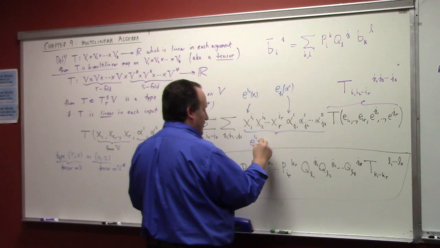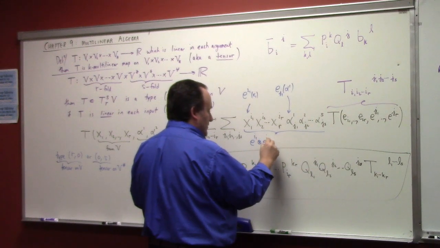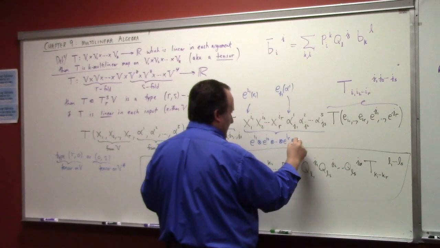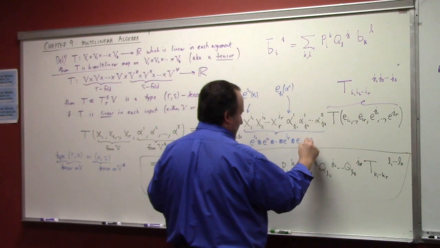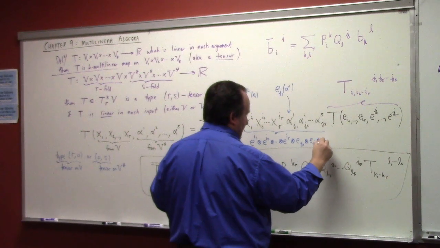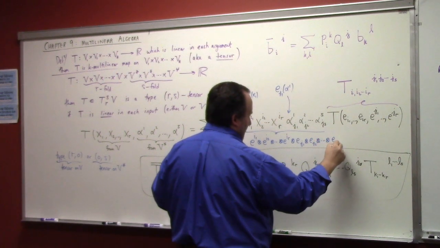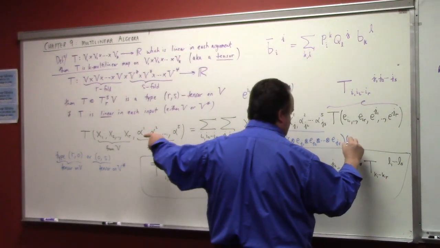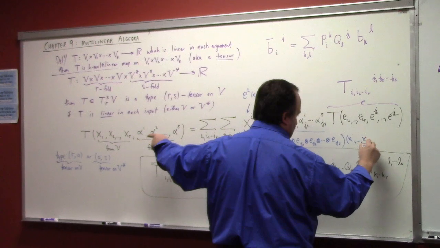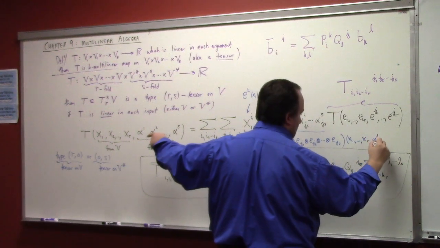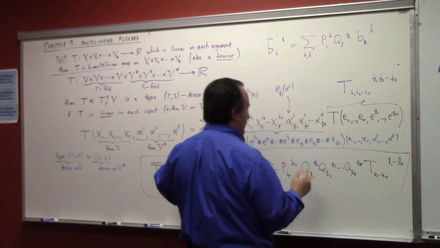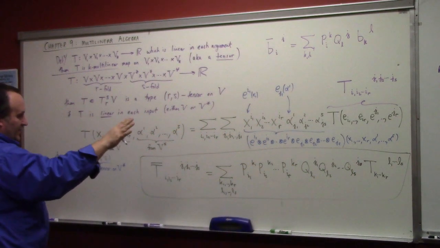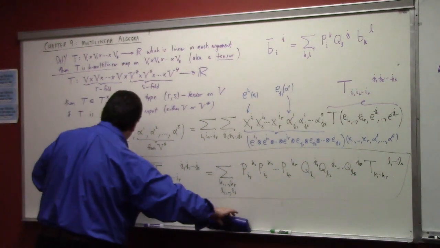This would be like e_{i1} tensor e_{i2} tensor ... tensor e_{ir} tensor e^{j1} tensor e^{j2} tensor ... tensor e^{js}, all of that acting on x1 through xr, alpha 1 through alpha s. And then you can pull that out, right? You can pull that out, and then you find, of course, that